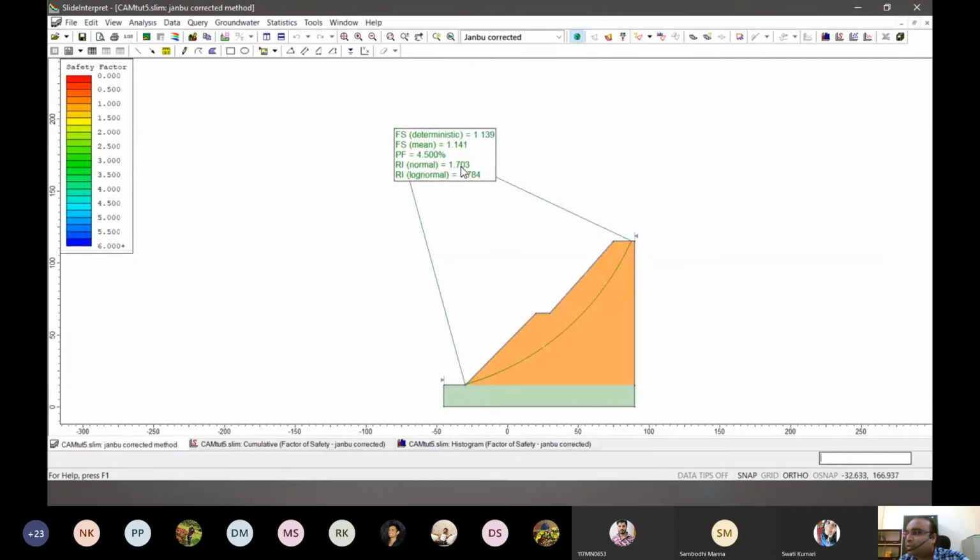1.7 times the standard deviation, I am reaching the factor of safety of 1. So basically it says how close the failure condition is to the ideal condition. The ideal condition for very safe slopes we consider as RI equals 3 or more.